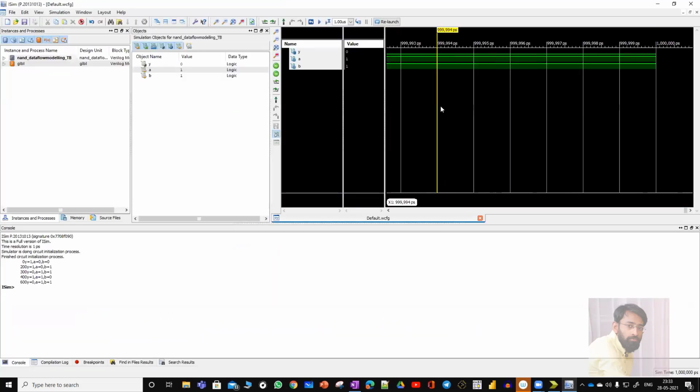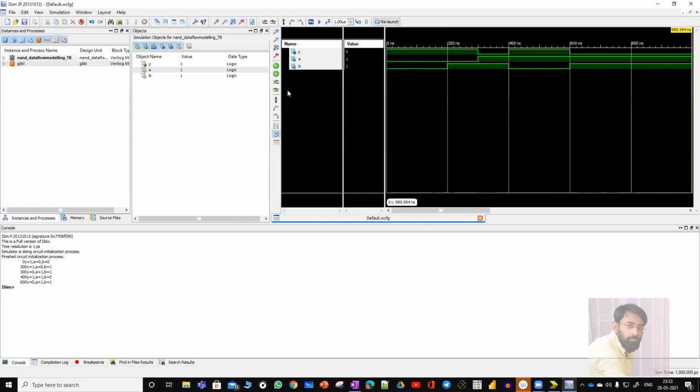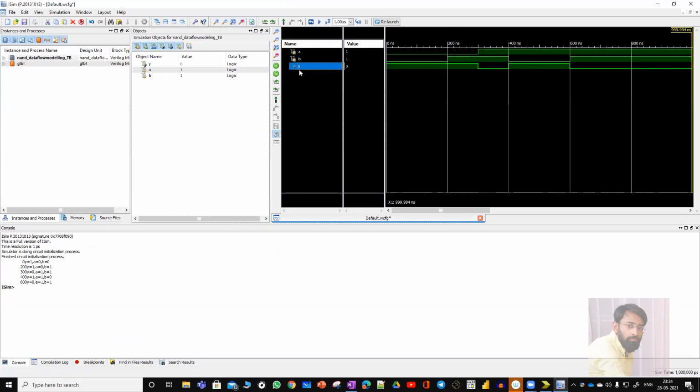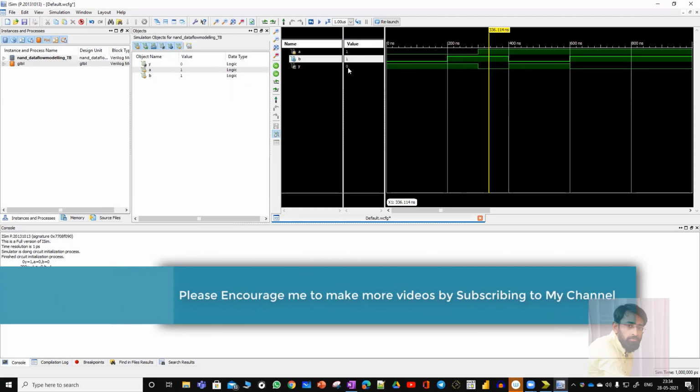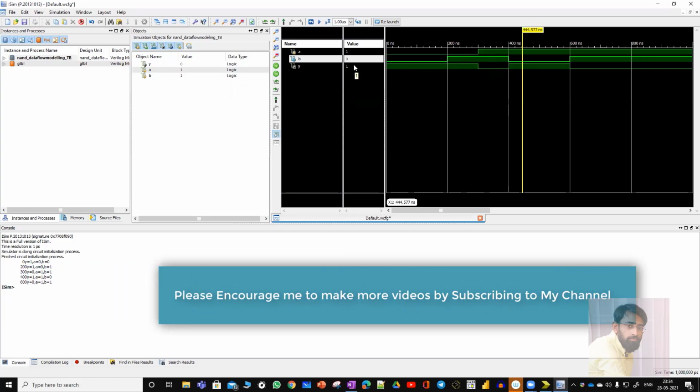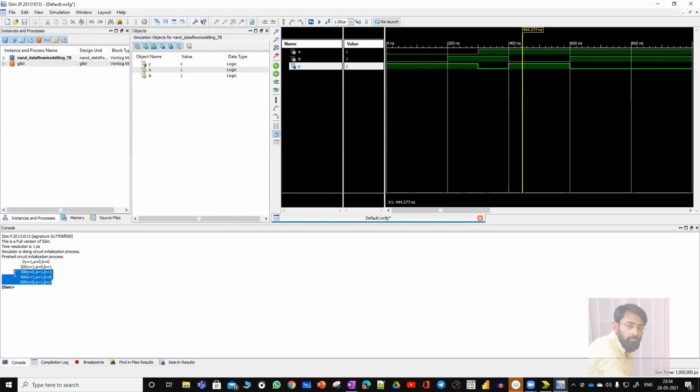So I got some waveform. Let us see whether this is correct or wrong. So here Y stands for output and A and B are nothing but input. See here, at this particular time interval, 0 into 0 is giving 1. So NAND gate means 0 into 0 is 0, complement 1. Okay, correct. Next 0 into 1 is 0, complement is 1. Correct. Next 1 into 1 is 1, complement is 0. Next 1 into 0 is 0, complement is 1. Right. It is working fine. The same result you can view here in the console window.